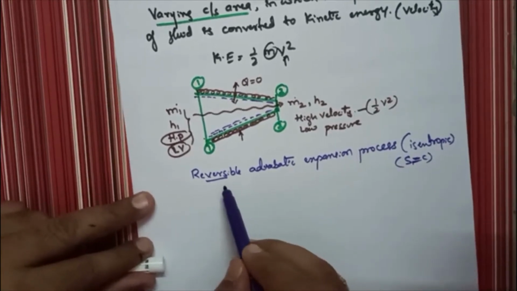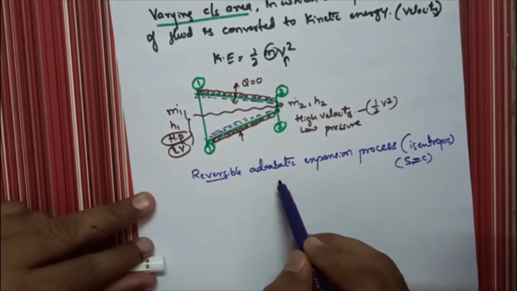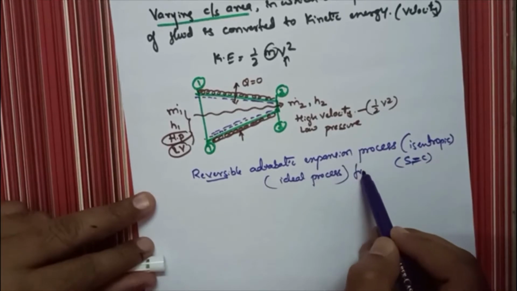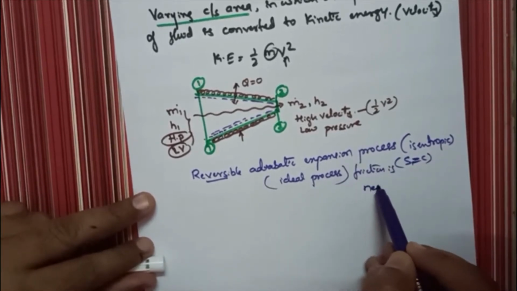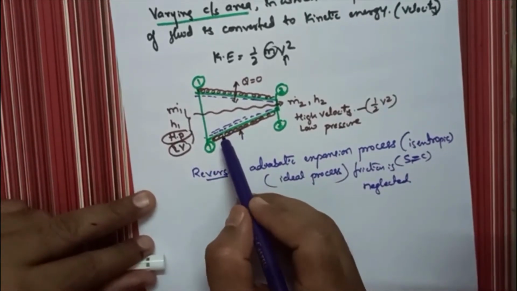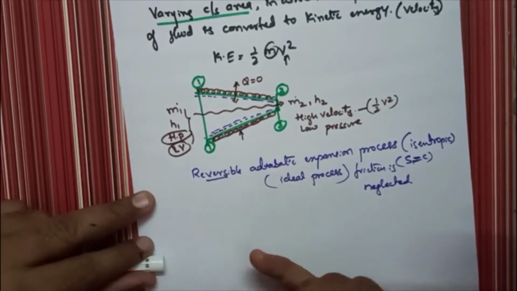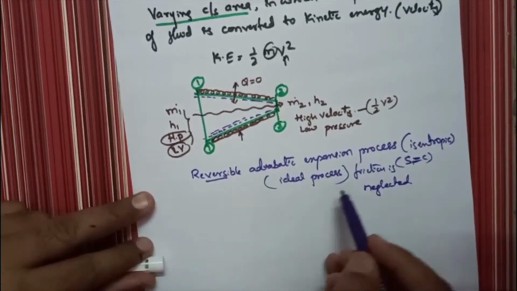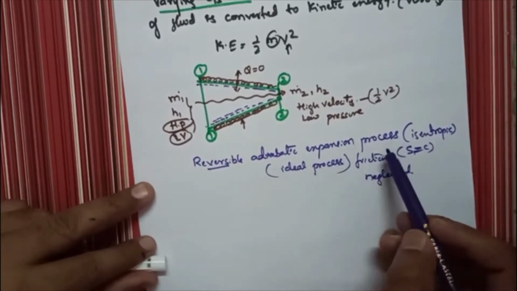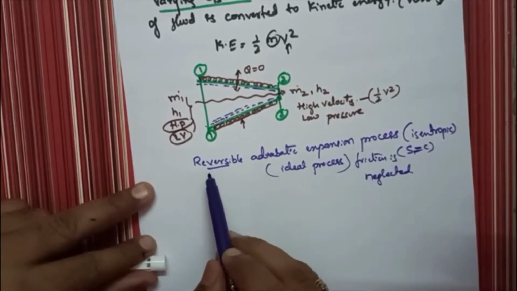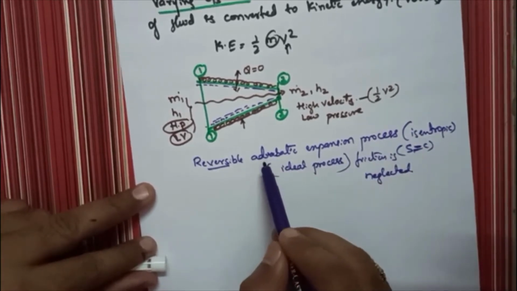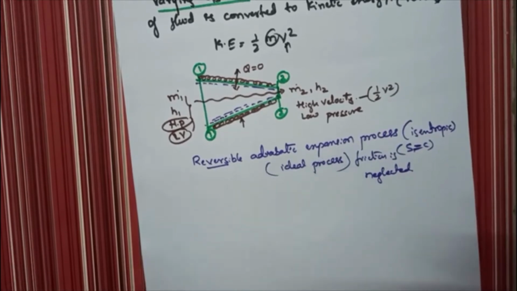So I will make it clear. When you write on reversible adiabatic, it is ideal case, ideal process, that is friction is neglected. So if you consider the friction between the steam and the surface of the nozzle, inside surface of the nozzle, then friction factor rises. So due to friction, there will be heat will be generated. That we will discuss the effect of friction in the nozzle later. So when you consider the friction, it is not a reversible process, it will become irreversible process. So it is not isentropic, however, only it is an adiabatic process, but it is expansion process.